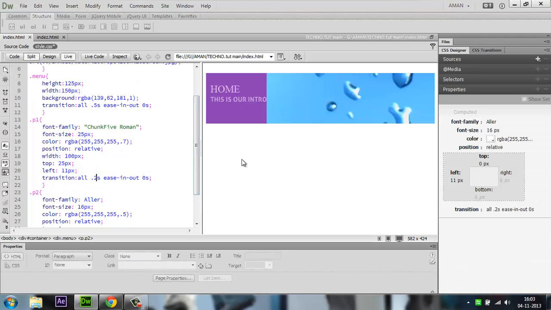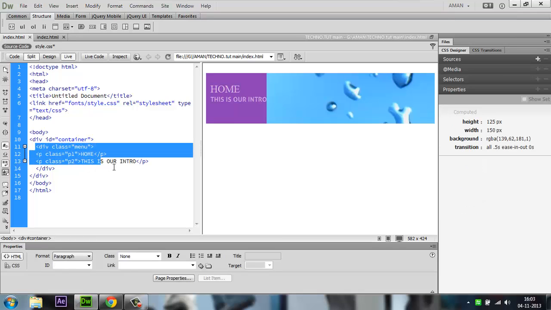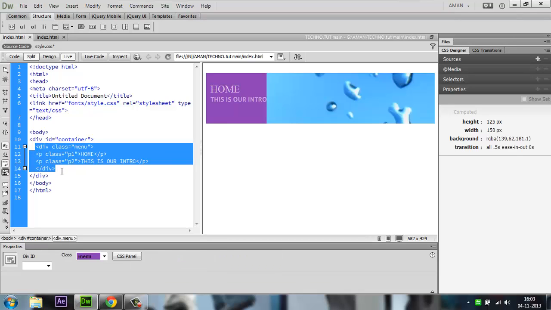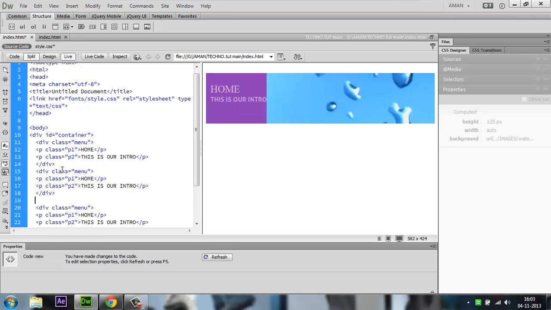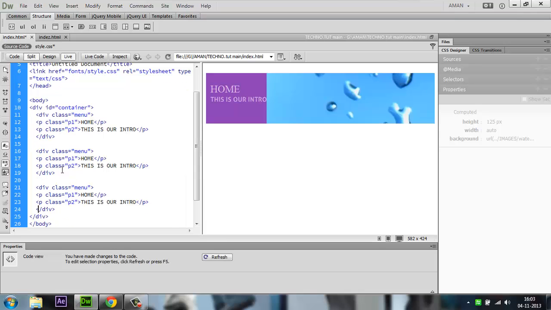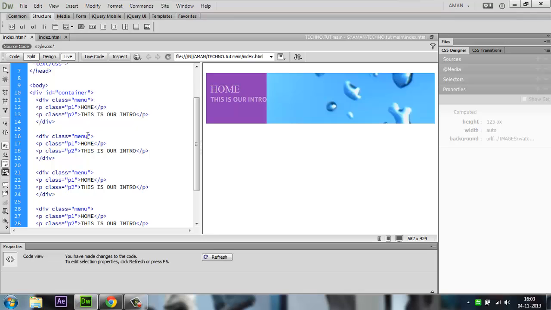So that's what it is. Now what you have to do is go to your source code, copy this div, just copy this much of the portion, hit enter, paste. Wait a minute guys, let me separate them so we will not get confused while watching this video. Some people get confused, but I don't like them to be confused, so that's why we're doing it. So we used menu, we're taking here menu 1, menu 2, menu 3,